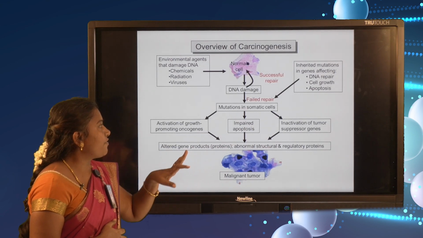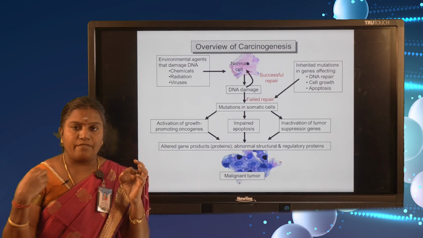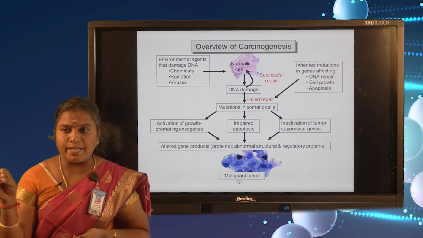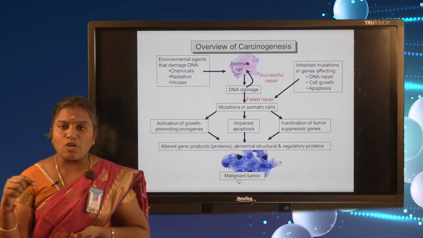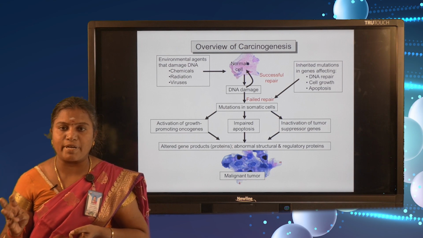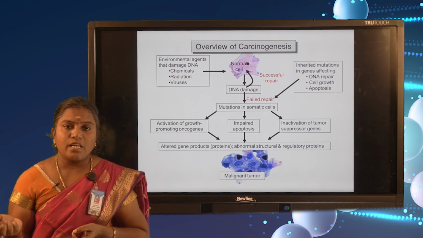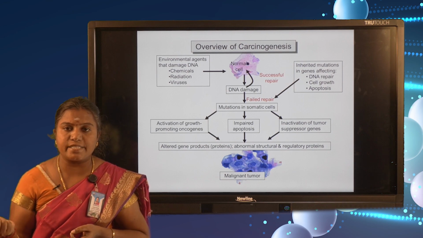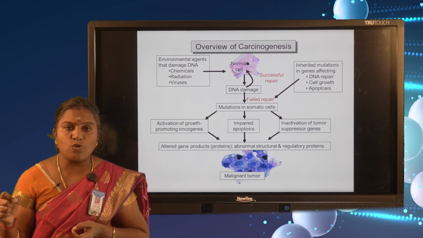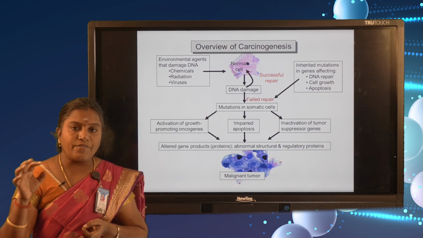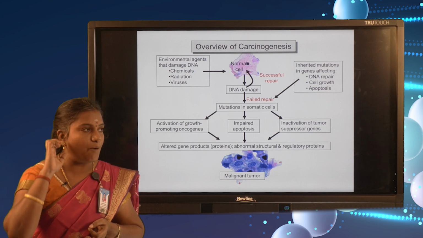So finally, an overview of carcinogenesis. In the first step, we are exposed to a carcinogen. The carcinogen binds to the DNA of normal cells, which already have proper functions in our body, such as DNA repair mechanisms and the cell cycle process. But after exposure, if the DNA is damaged, mutations will occur in the somatic cells.